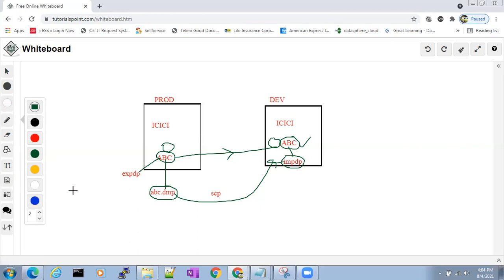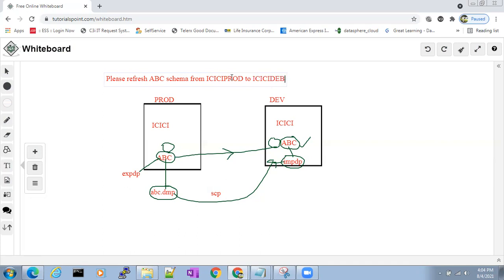See, what is the user's request? First of all, if we talk like this, it will be good to understand. The user's request is: please refresh the ABC schema from ICICI prod to ICICI dev.